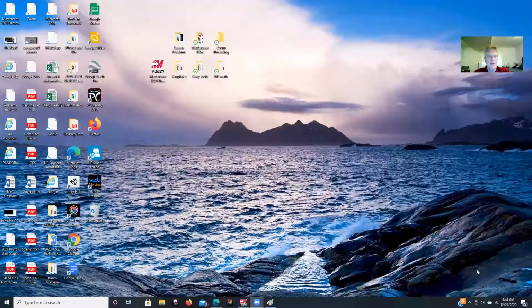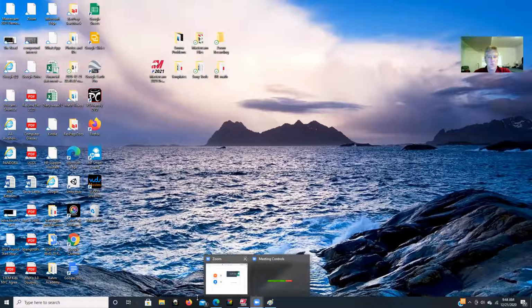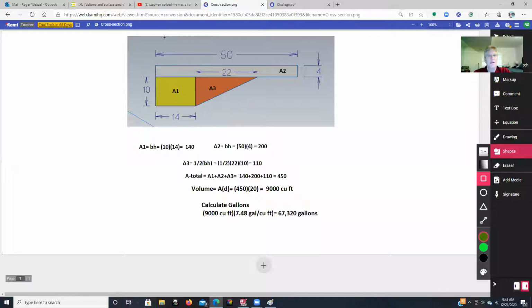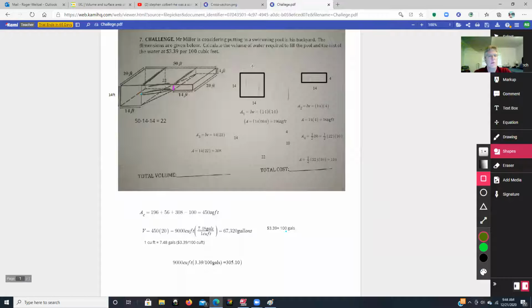All right, here we go. I'm going to share my screen. Okay, so first off, I want to start with the problem here. I've got two files here. This is our original problem. Mr. Miller is considering putting in a swimming pool at his backyard. The dimensions are given. Calculate the volume of water required to fill the pool and the cost of the water